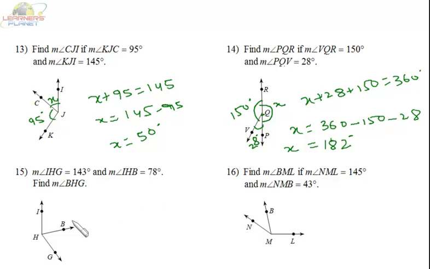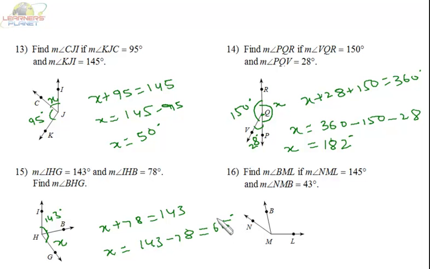Okay. In this question, IHG is 143 degrees. That means this complete angle is 143 degrees. IHB is 78. IHB, this portion only, is 78. Then we have to find out this. I suppose it is X. So X plus 78 is 143. So X is equal to 143 minus 78. So it's